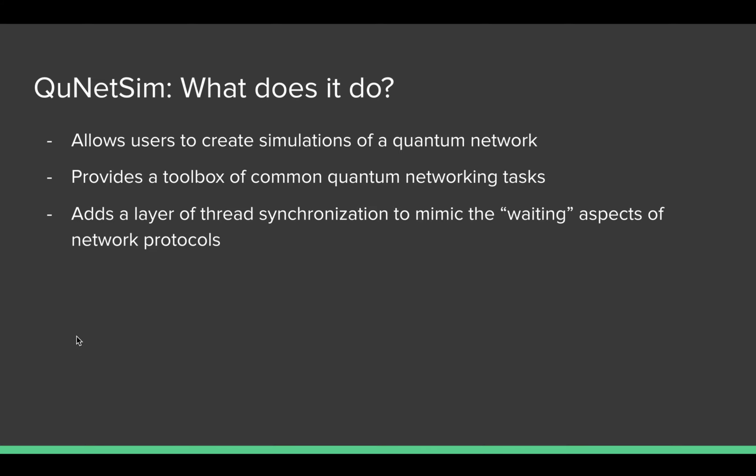It's also adding a layer of thread synchronization, and this mimics the behavior of a network. In a network, you have two communicating parties. They're running at the same time. There's no means of running operations in series. They both send a message and wait for a response. The message can arrive on one end, a message is sent back, and there's this sitting and waiting, transmit and wait. Did it arrive, yes or no? Retransmit if not.